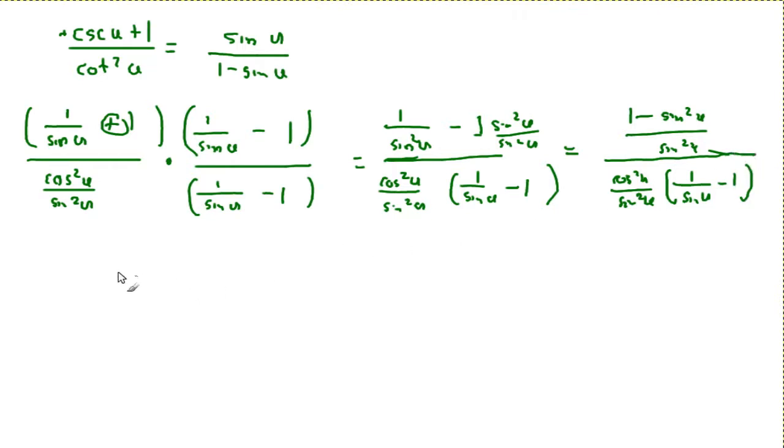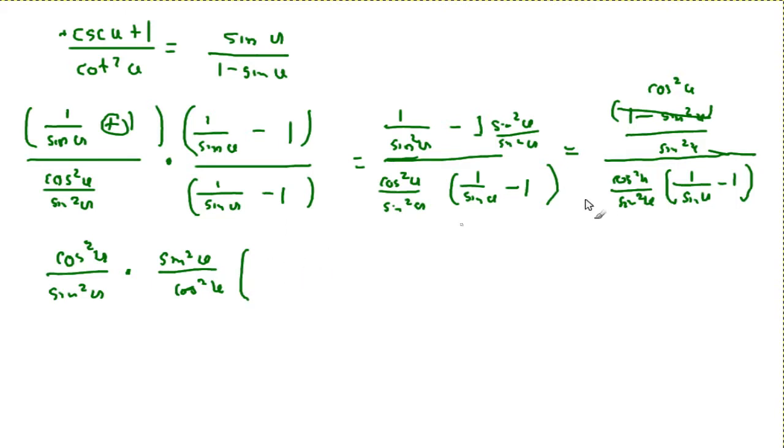So now I'll convert that to multiplication form. We know that 1 minus sine squared is equal to the identity cos squared of u, so I'll cross that out. So our numerator is cos squared of u over sine squared of u, multiplied by the reciprocal of the denominator, which will be sine squared of u over cos squared of u,